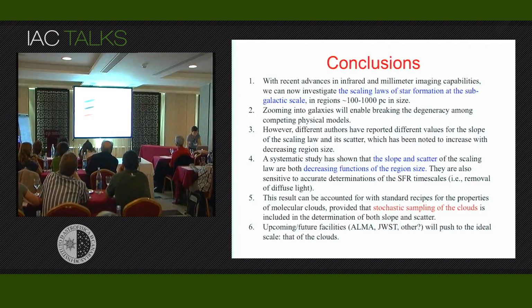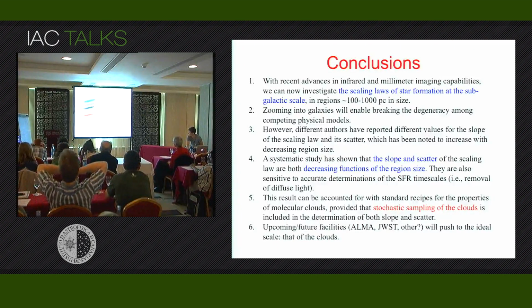The biggest spread comes from the stochastic sampling itself. More than the stochastic sampling itself, it comes from the fact that you're stochastically sampling along an axis, and then you're using that axis to plot your correlation. Because the cloud mass and the surface density of clouds are related to each other. And so that's where your spread in slopes and scatter in the relation comes from. Because you're using the same axis that you're trying to measure, you're spreading it out. So that's where all the problems come from.